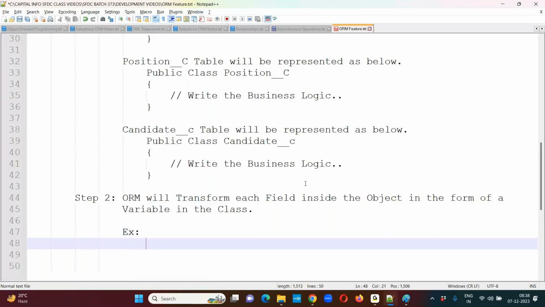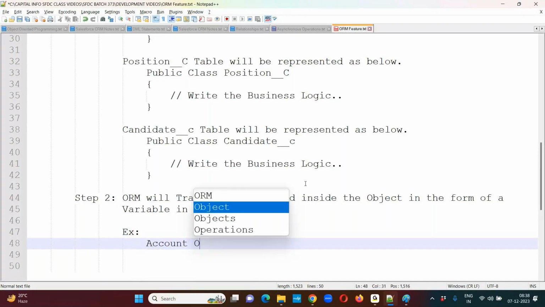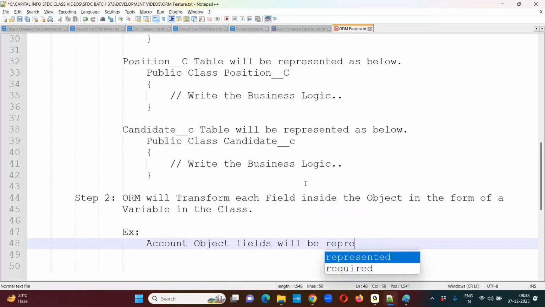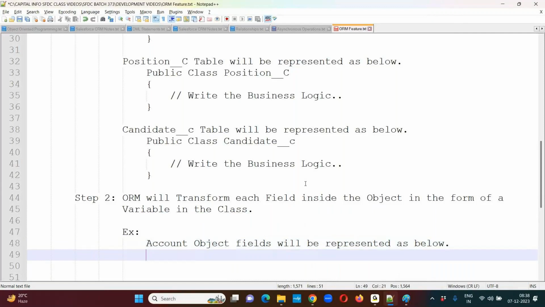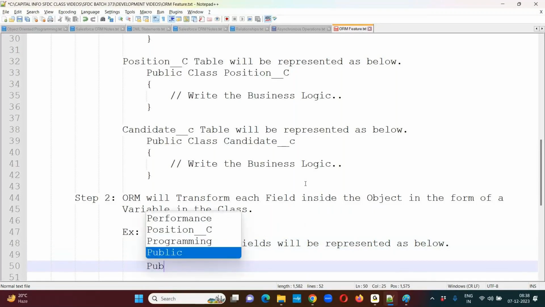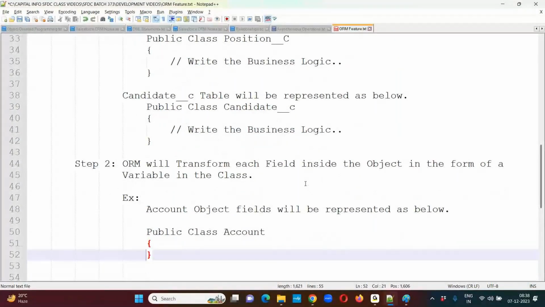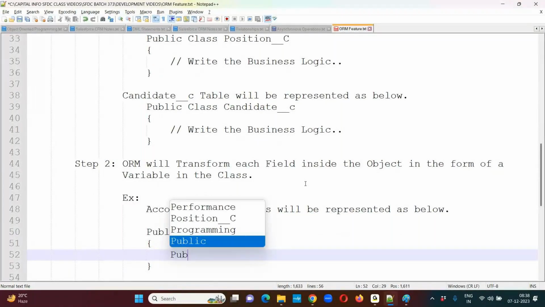For example, account object fields will be represented as below. Public class account, we are having these fields. Public ID, ID field,